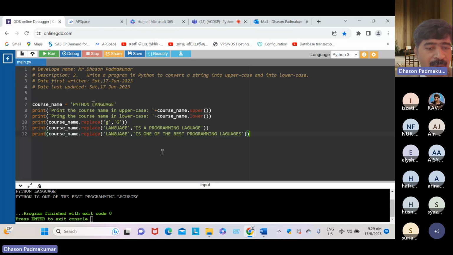So this language will be replaced with is a programming language. But here I'm replacing language with is one of the best programming languages.